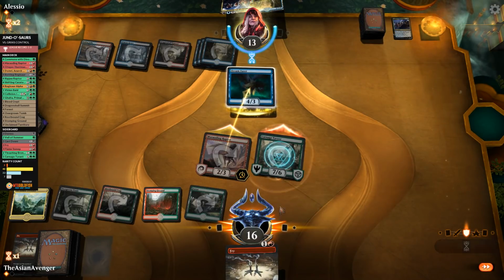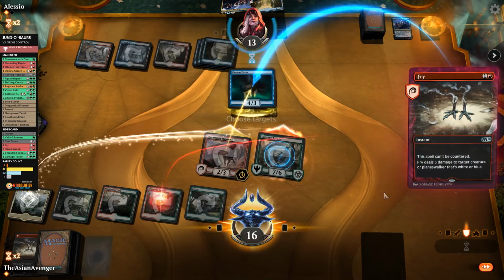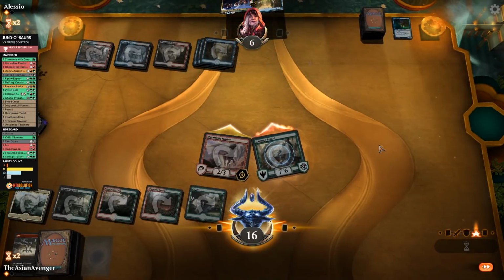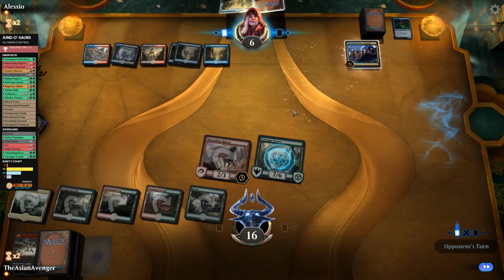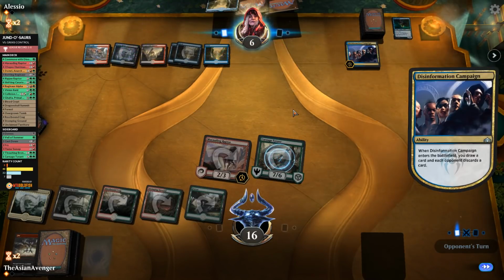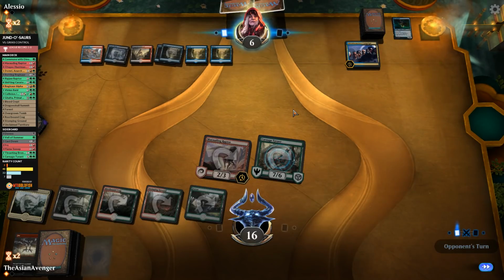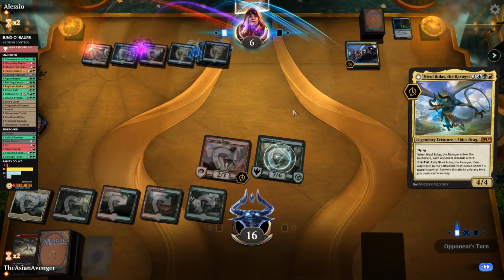Oh, nice. They didn't bounce the Dream Eater. I mean, the Marauding Raptor, so we could fry it. Just going to go ahead and play around the fact that they could potentially try to sweep us off the board here. The reason why I did that is I was trying to make sure that I had enough mana to still...